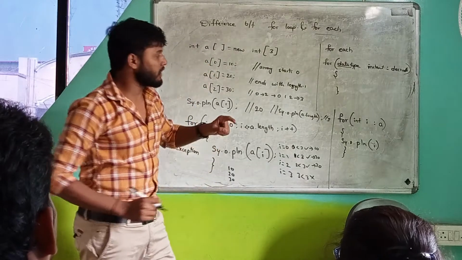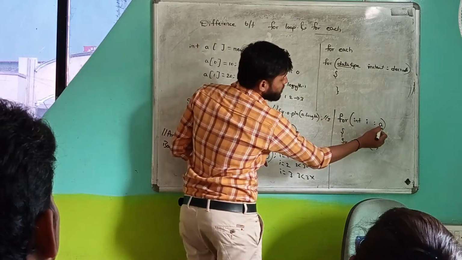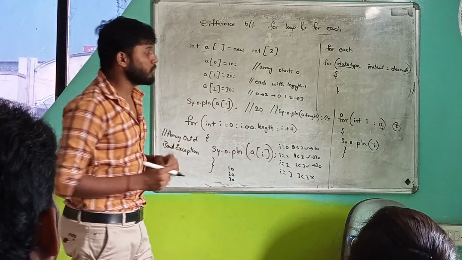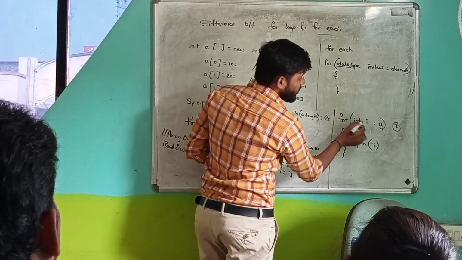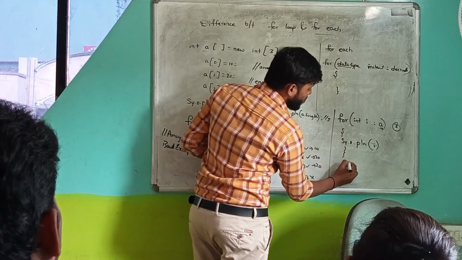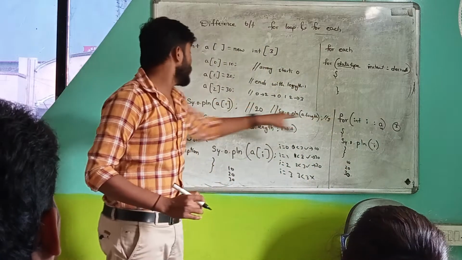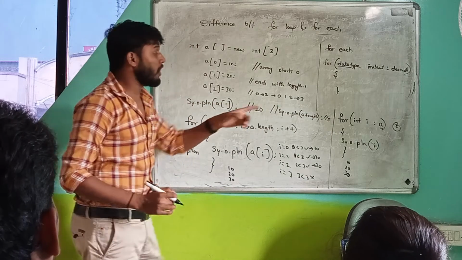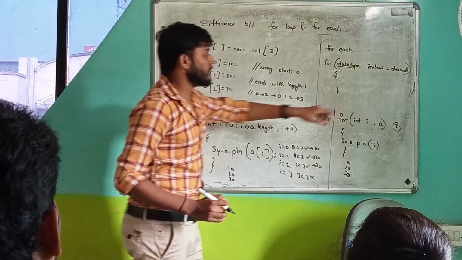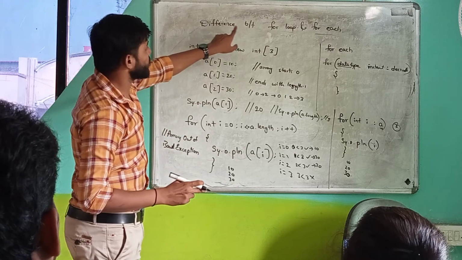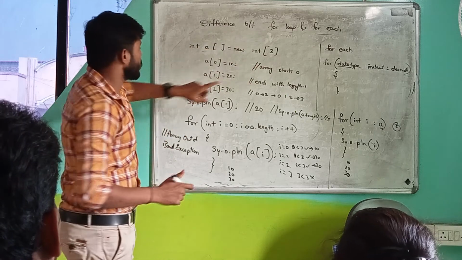The JVM can recognize the length of a. a length is 3. That's why the loop will continue 3 times until the condition is satisfied. So here it will print 10, 20, 30. There is no chance for an index out of bounds exception. Why? Because it gets the exact length of the a variable. So this is the minor difference between for loop and for each loop.